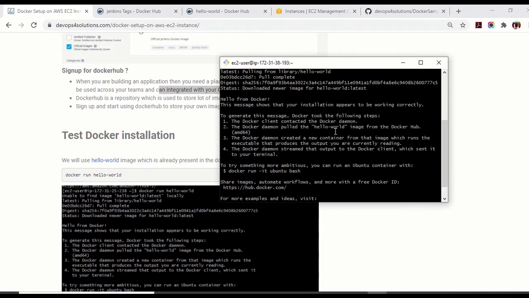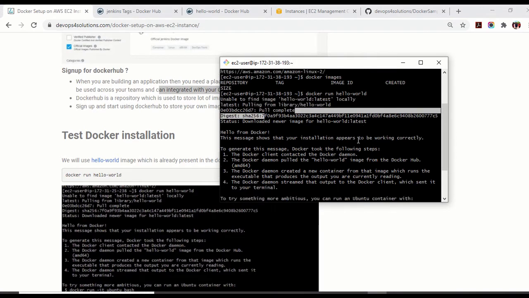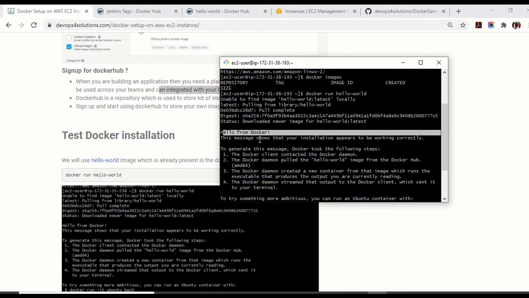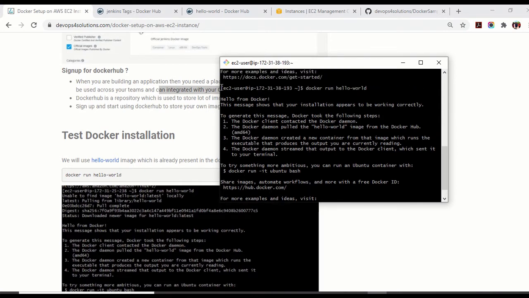Here you can see it pulled the image. Pull complete. And now you are seeing "Hello from Docker". This message means your installation is fine, there are no issues. Now, if I run the command again, you see you don't get that pull image output, because it is already on this machine.